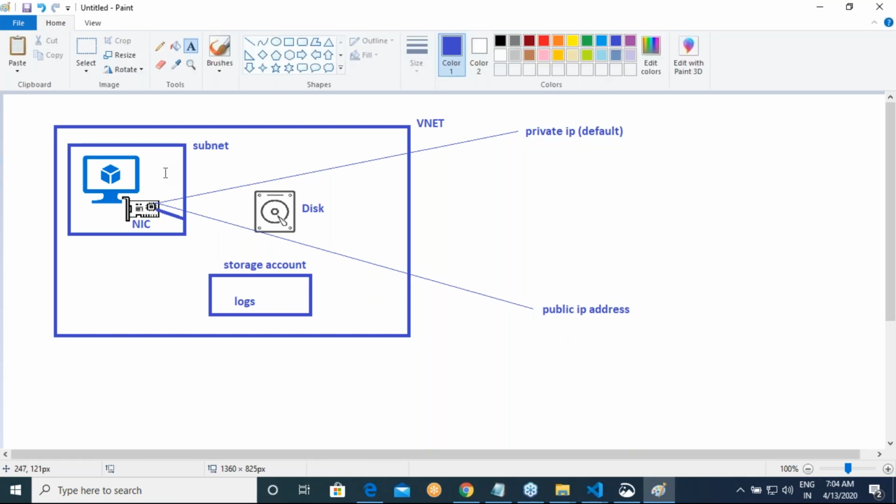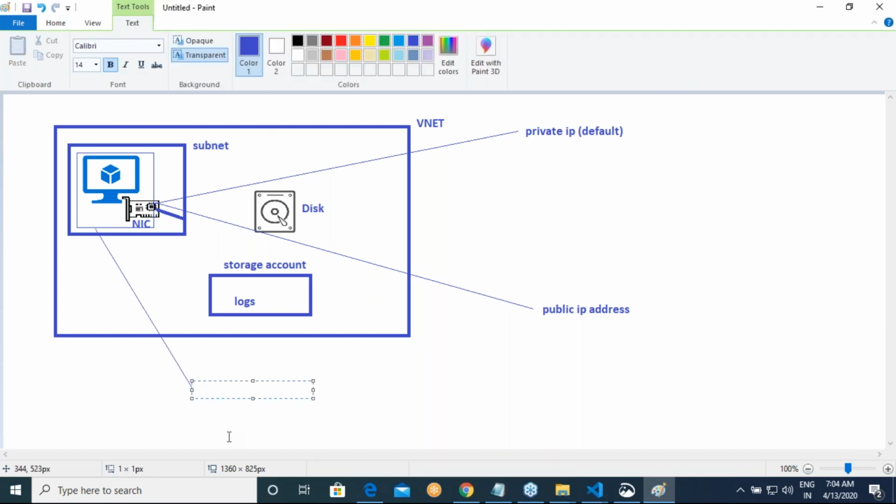And then you have to create a security boundary for this network interface card, and that security boundary is something which you call a network security group. I'm not trying to tell you that you need to understand each and every part of it. I'm trying to tell you that whenever you are doing virtual machine creation, all of these things are happening.